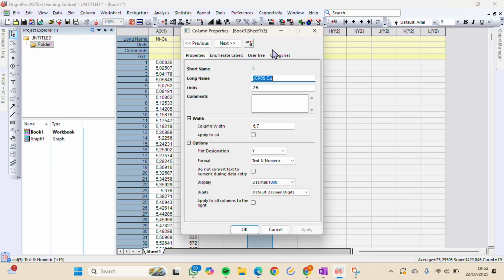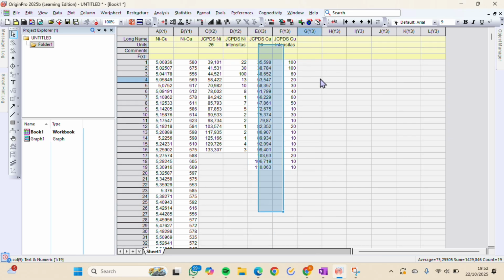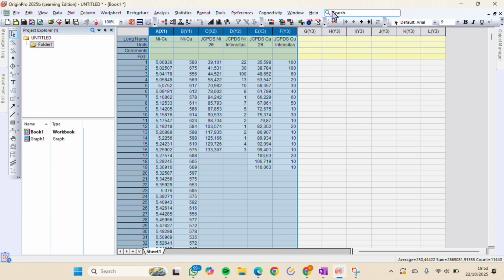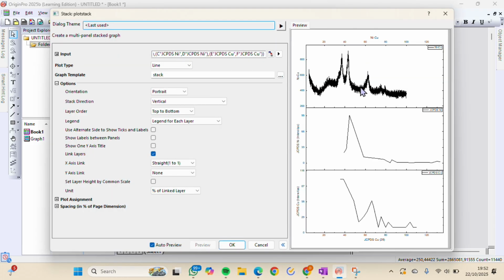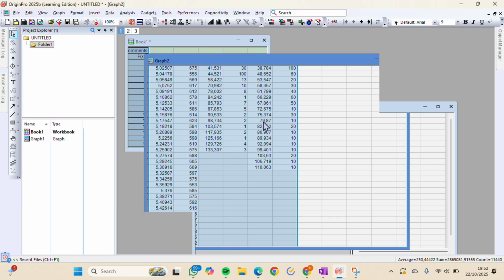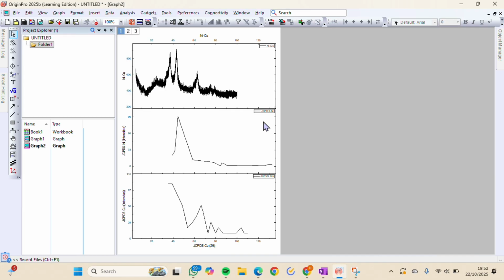And then in the A column we also change into the X variable. After that we select all the column and we go to the search panel and we write the status panel, and then we click this formulas, and then we get the page and we see the auto preview, and then we click OK.